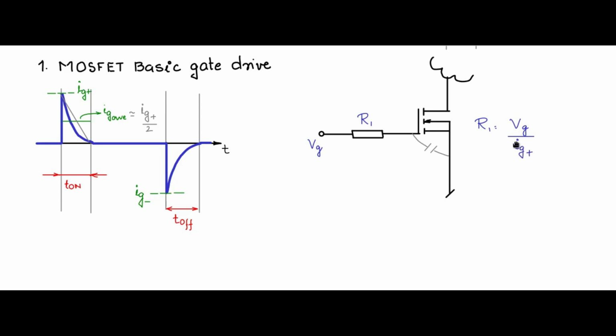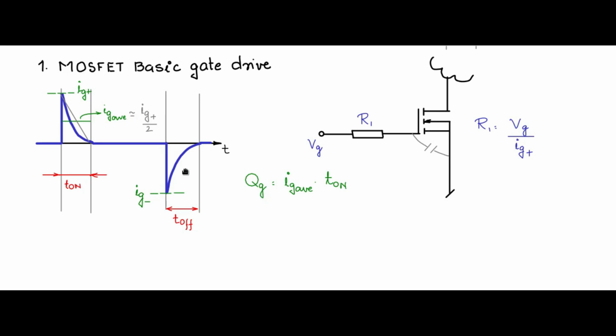Now what is Ig plus? Look at this drive requirement. You take this average. The charge in this period to turn on the device is Qg, obtained from the data sheet, and that is equal to Ig average into T on. T on is the designer requirement, how fast you want it to turn on, and during that period I should have given the complete Qg to the MOSFET. So Ig average into T on will be Qg.